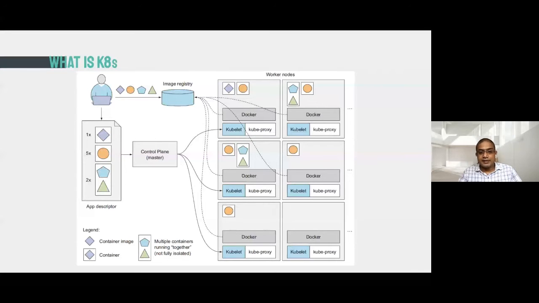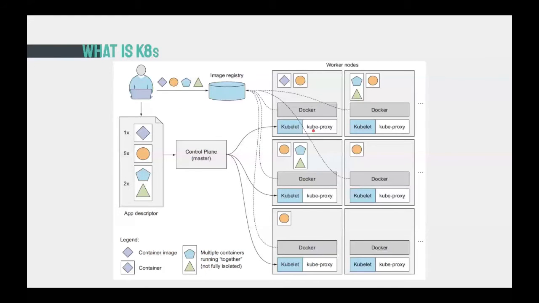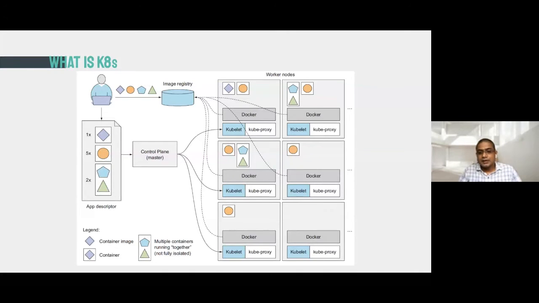Okay, so this is the basic Kubernetes architecture that we can think about. Mainly we have the master. The master is the one taking care of all this. In our Kubernetes definition files, we can say that we need at least 3 worker nodes for this particular deployment.